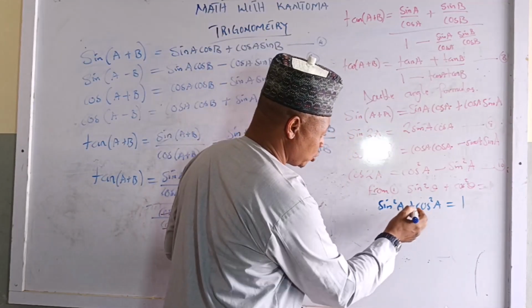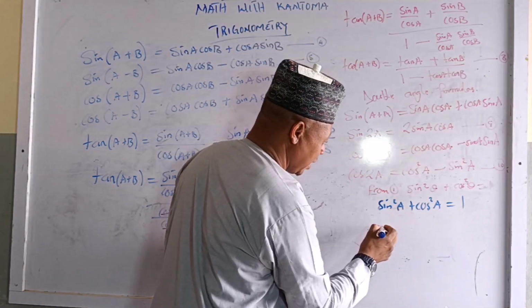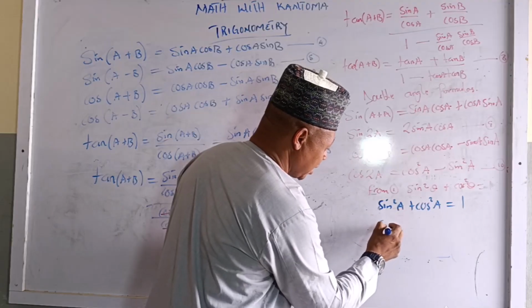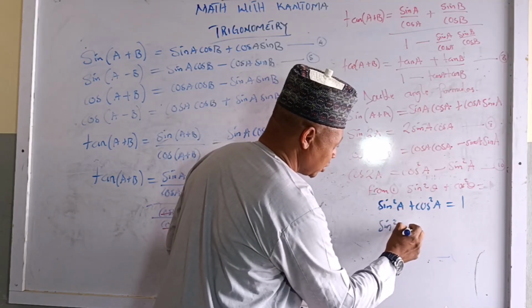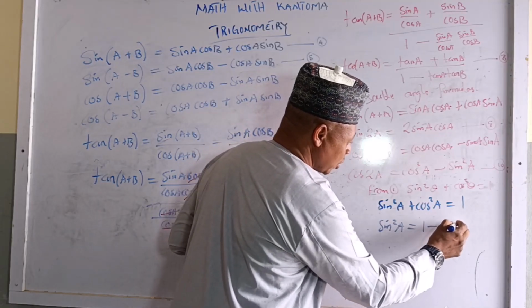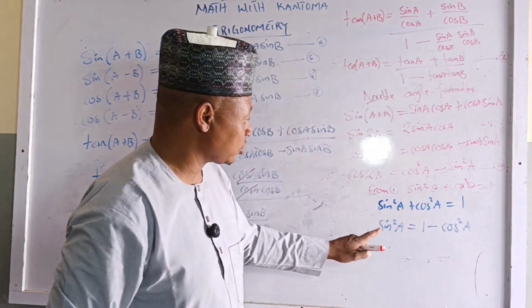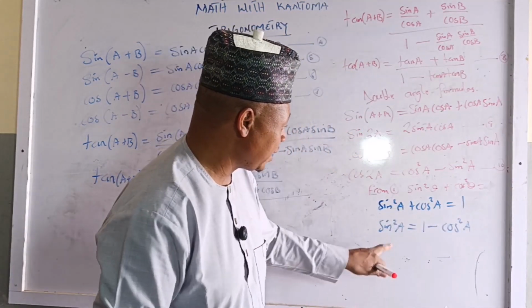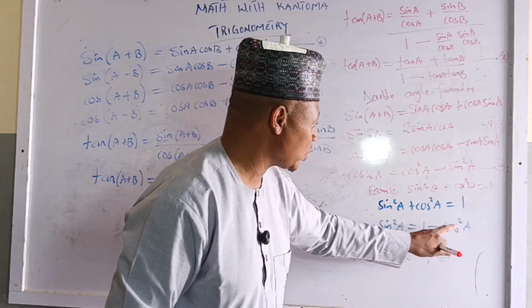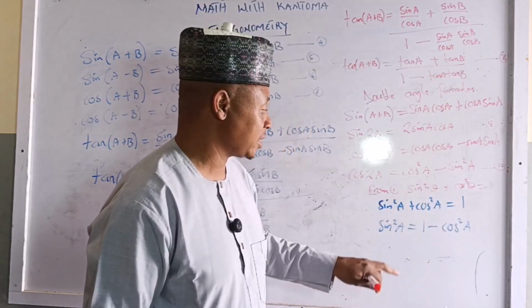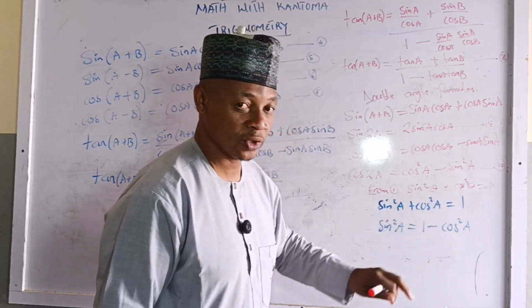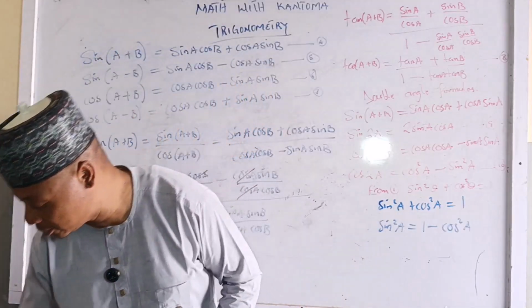So I can make sine square A the subject. Therefore, sine square A is equal to 1 minus cos square A. Right? So now I can substitute the value of sine square A as 1 minus cos square A in this equation. Instead of writing sine square A, I can substitute it with this. So now this will lead me to